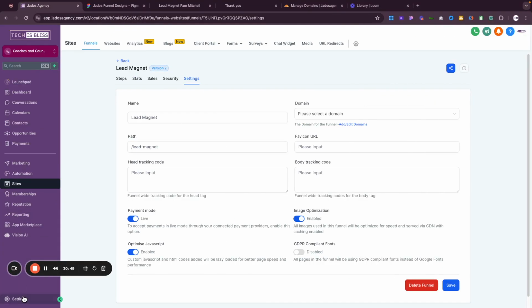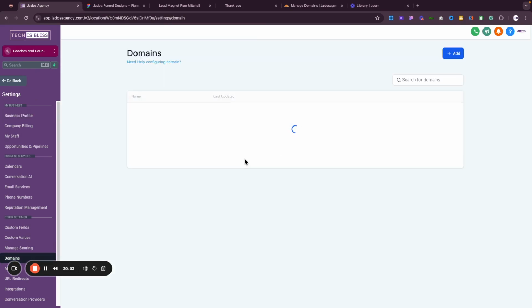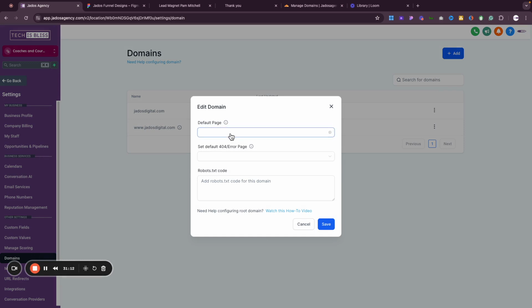So all we do is go to settings and then go to domain. At this stage, we've already configured a domain onto High Level, and what we want is to assign JJ22.com to that particular opt-in or lead magnet. So if I go to the particular domain, click on these three buttons and say edit, here, what is our default page?